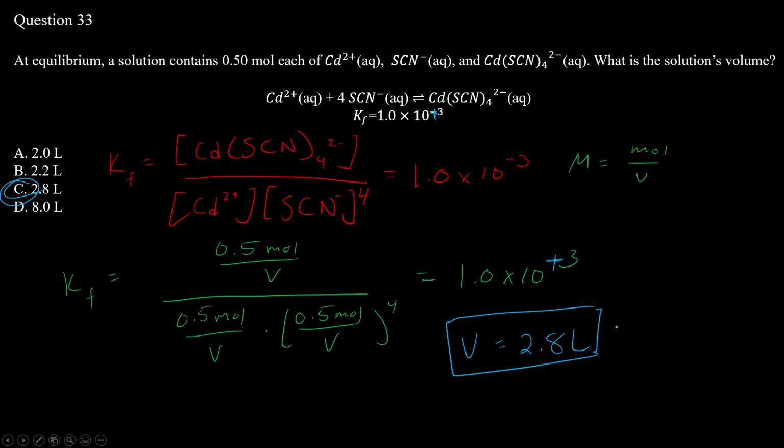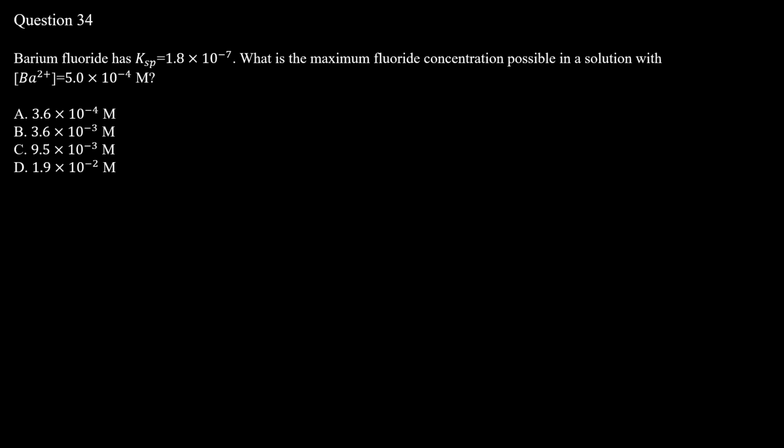Let's go to question 34. Barium fluoride has a Ksp of 1.8 times 10 to the minus 7. What is the maximum fluoride concentration possible in a solution with the barium concentration equal to 5.0 times 10 to the minus 4 molar? So we have barium fluoride,